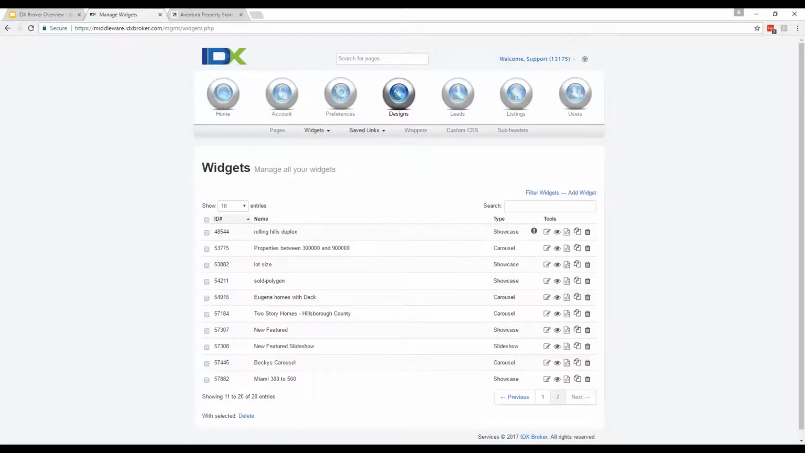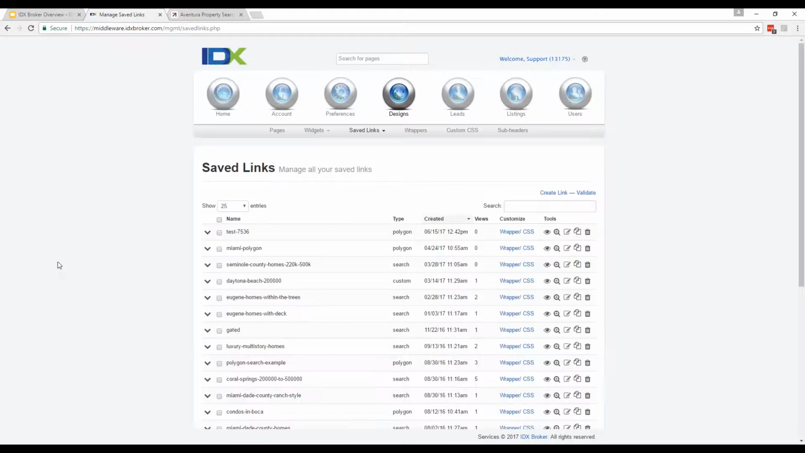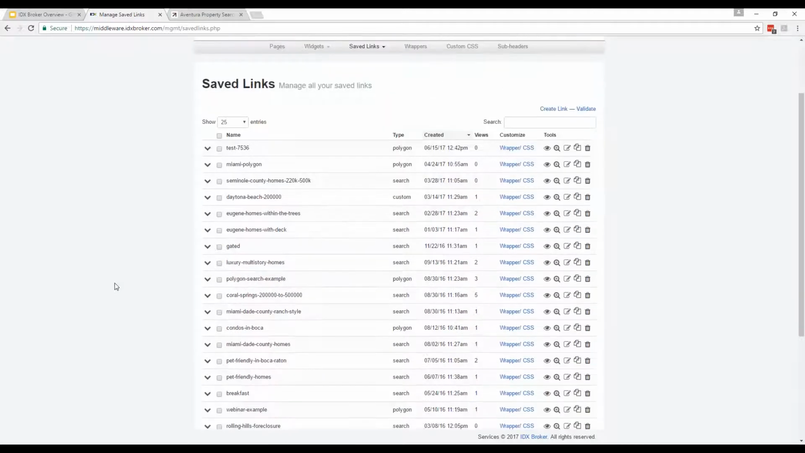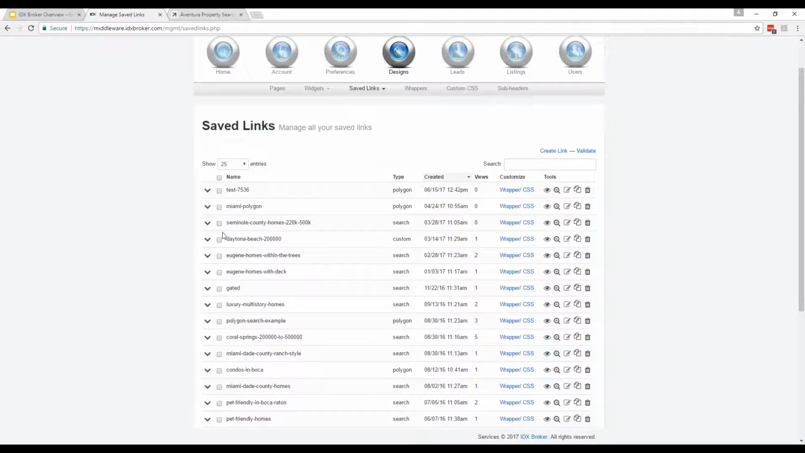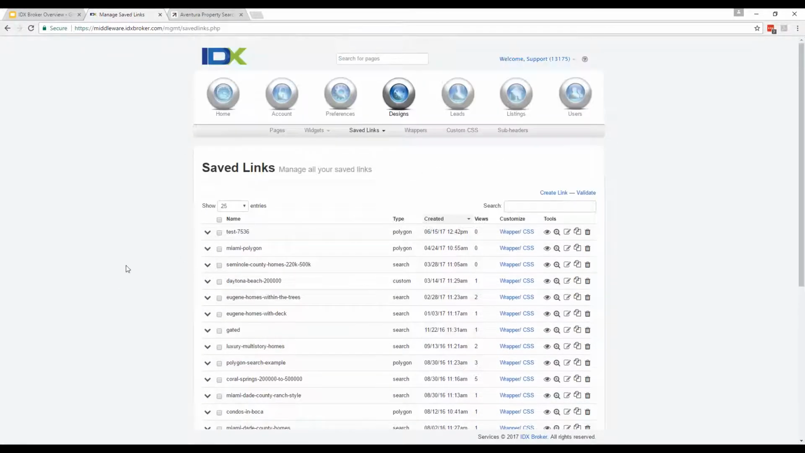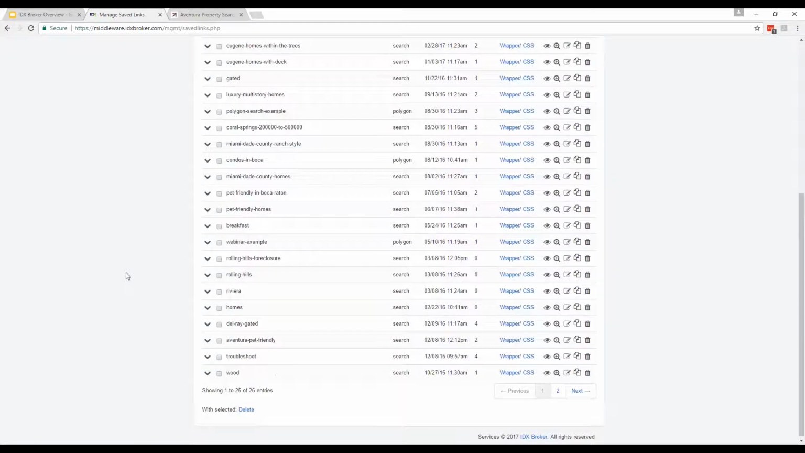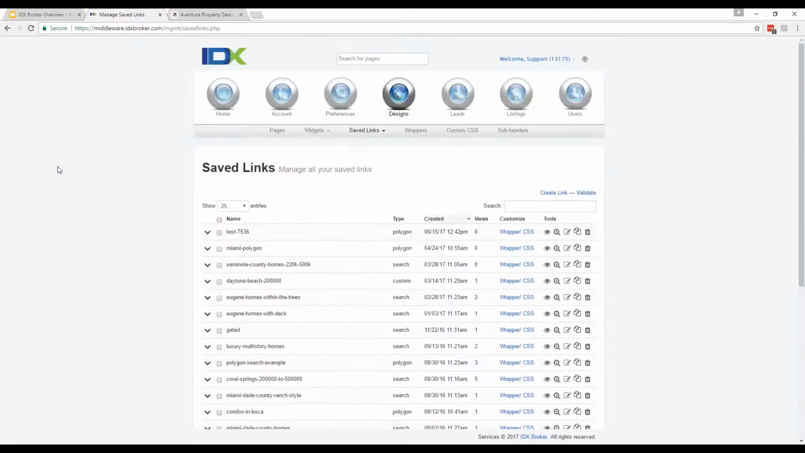So the next section is save links. They're pretty similar. Save links, though, are going to be pages that are pre-built that can be linked to from your website. So you'll see there's a bunch that we have pre-set up in here, but I'm going to go ahead and take you through creating one. So under Save Links and Create,